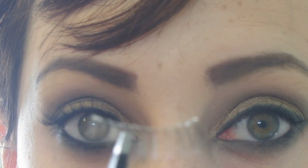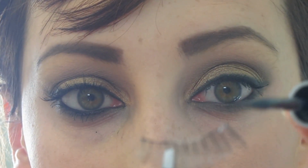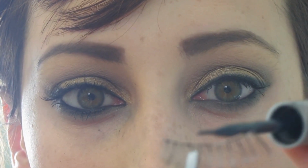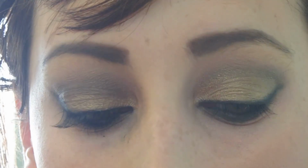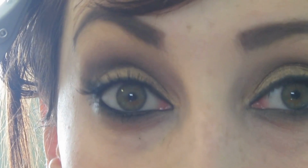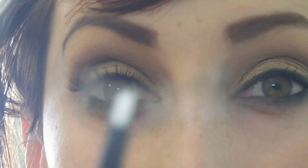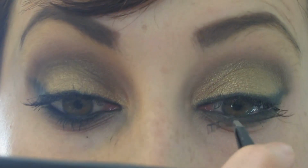So again, grabbing the eyelash, putting it on my Revlon lash glue, which I got from Asda. Applying a thin line over the top of it and leaving it to dry a couple of seconds. I advise getting thicker lashes because her lashes are really full. These are a bit too natural for her look, but I thought I'd add them on so you can see my lashes. So just looking down into a mirror,